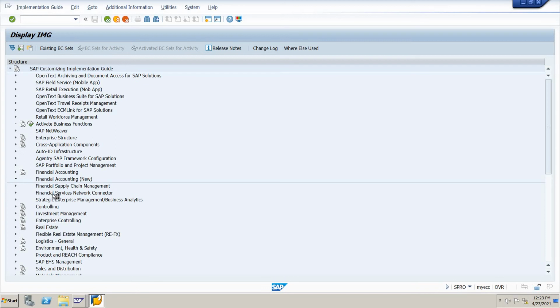It's been slow, it's running. We'll see. Creation of general ledger accounting master data.